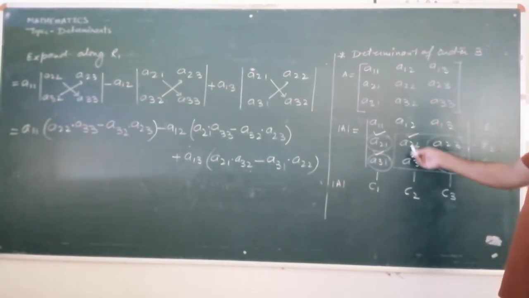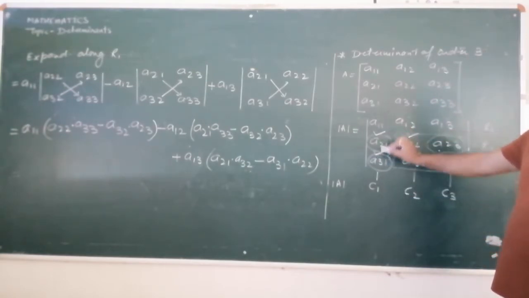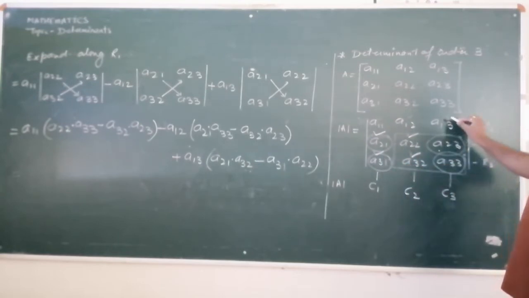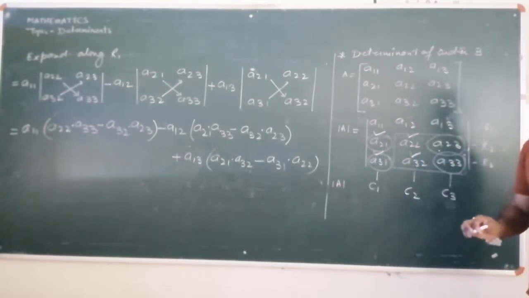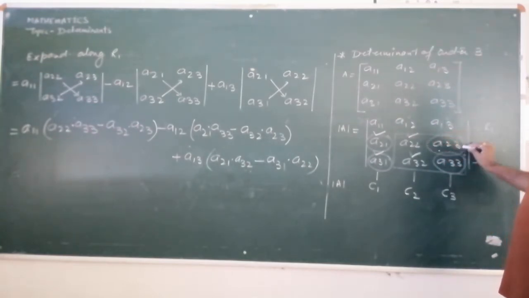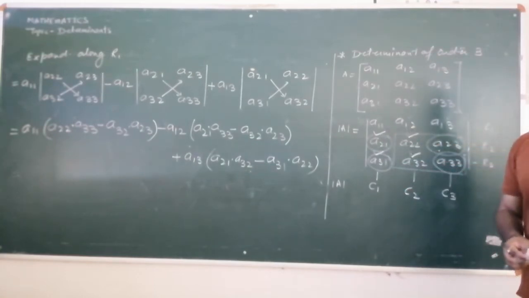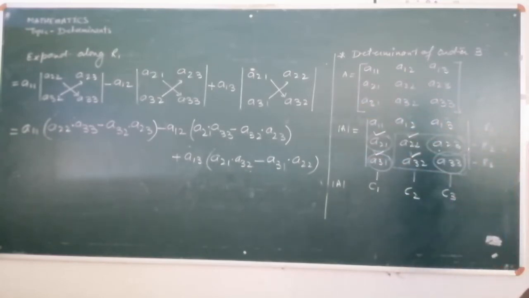determinant. Then what you will do? Second column and the second row you will hide. Remaining elements A11, A31, A13, A33 you will write in the form of a determinant. Then you will write similarly the third element of the second row with a positive sign, and you will hide the second row and the third column. Remaining elements you will write in the form of a determinant, and similarly you will expand, so that will be the expansion along the row R2, and the same way along R3 also.